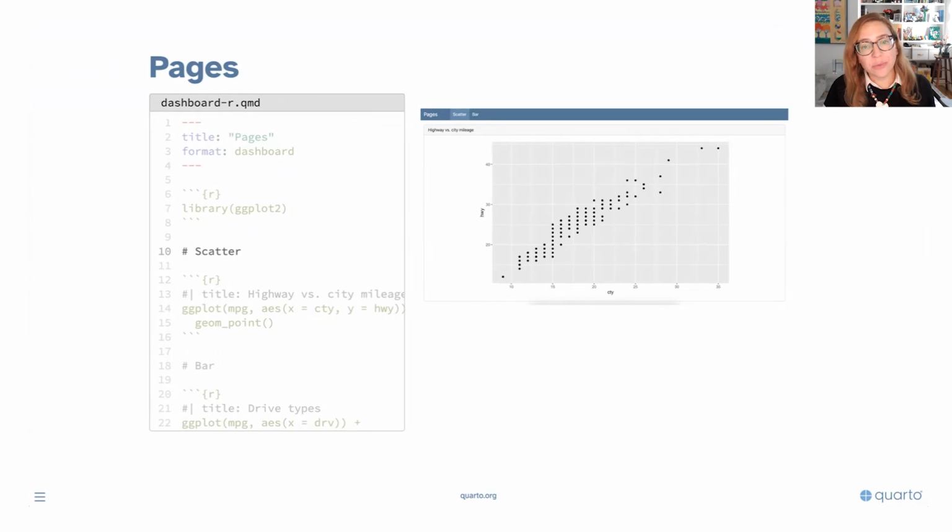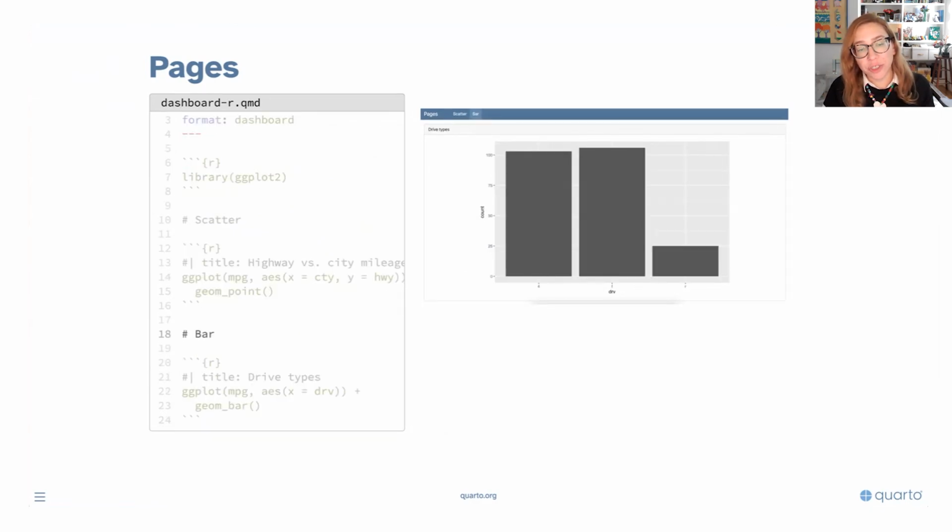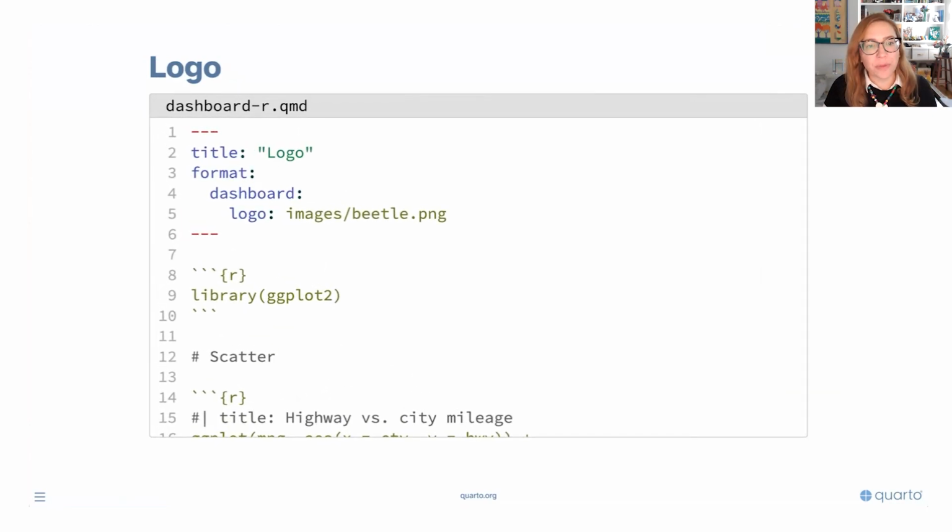When we render this, we can see that those first level headings map onto pages in my dashboard. So here's page 1, here's page 2. And in the first video, we've seen that when we actually give names to these headings at the second level for rows and columns, those don't get reflected in our dashboard, but page names actually do. So those words will go on your navigation bar.